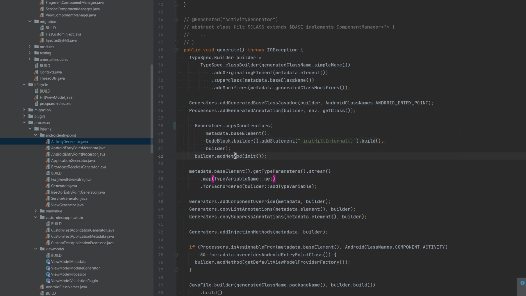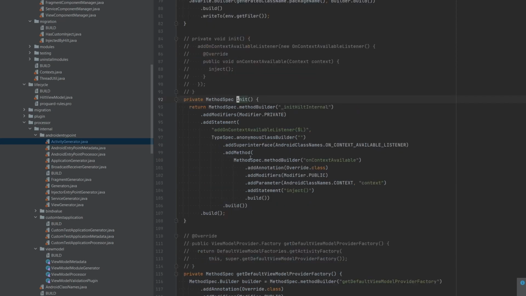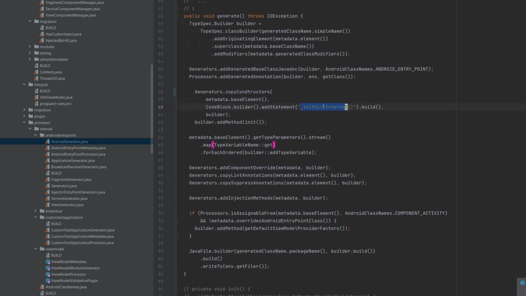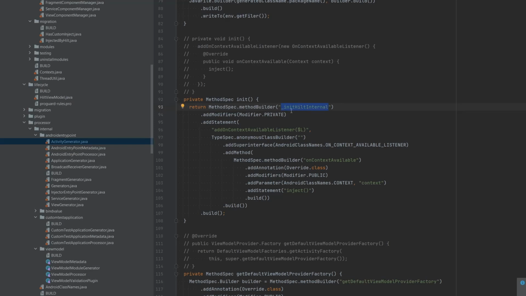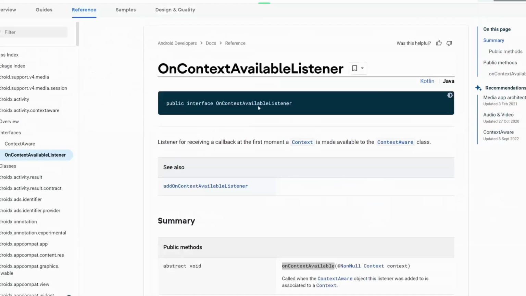Secondly, after that, we also add a method to our builder, so to our new activity class. And here in the init method is basically what happens. We have this method spec, method builder, we call our method initHiltInternal. So you can see that the method that will be called in every constructor is actually created over here. We make it private. After that we add one statement to it, which is addOnContextAvailableListener. This listener, you can see over here,